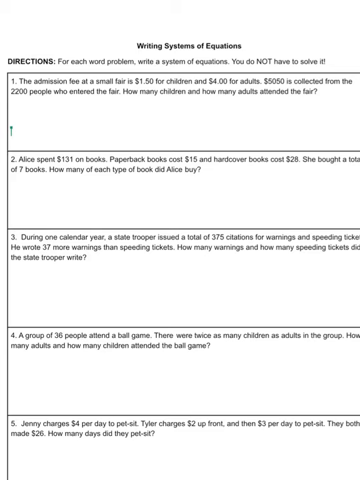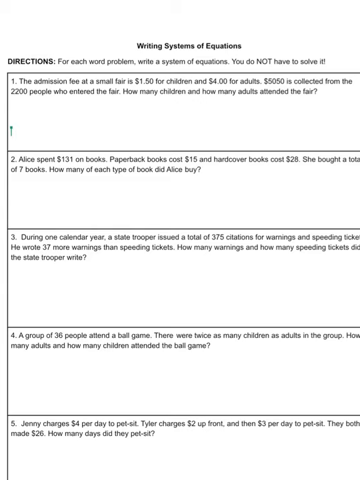So today's lesson is on writing systems of equations. Our last lesson, we were reviewing how to write equations from words. This is very similar. The only difference is instead of writing a single equation, you'll be writing two equations. So just like that single equation, you'll need two variables, but both variables need to also work for your second equation. So I've got 5 examples here, and I'm gonna start with the first one,